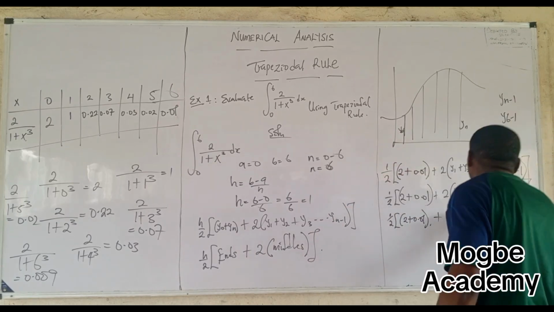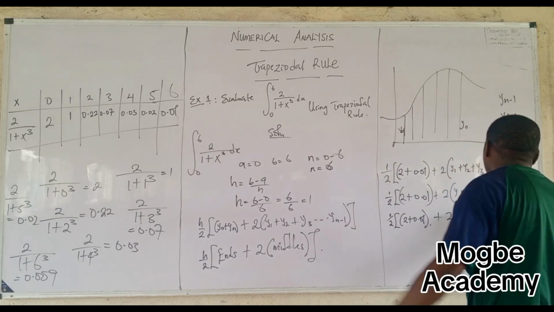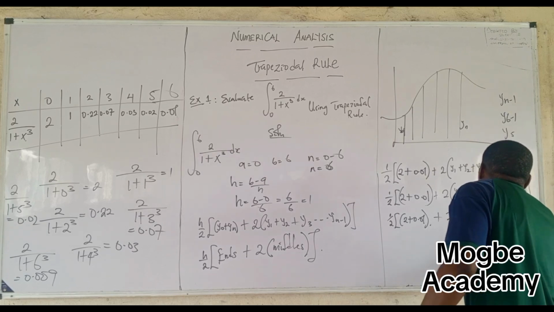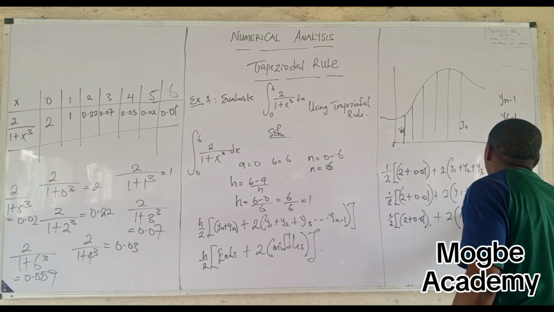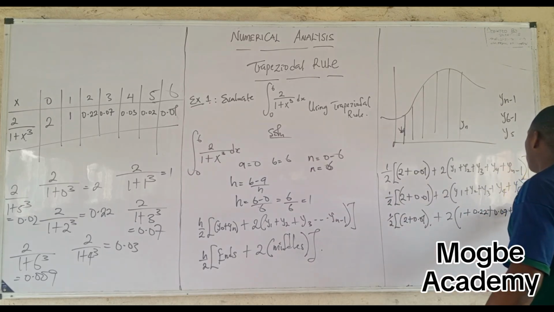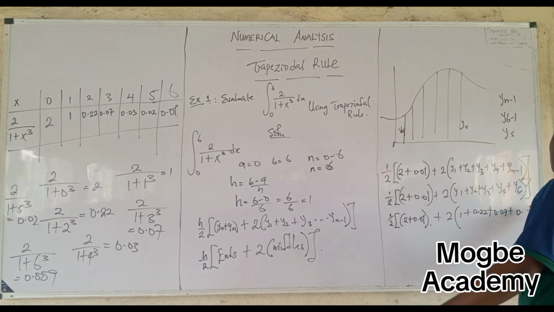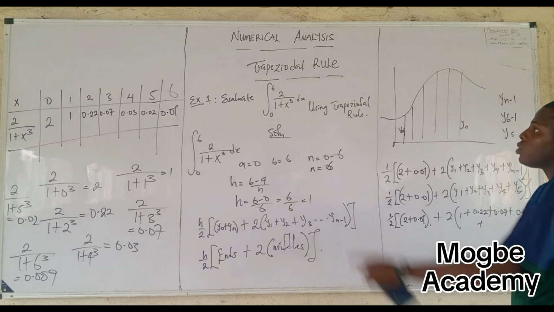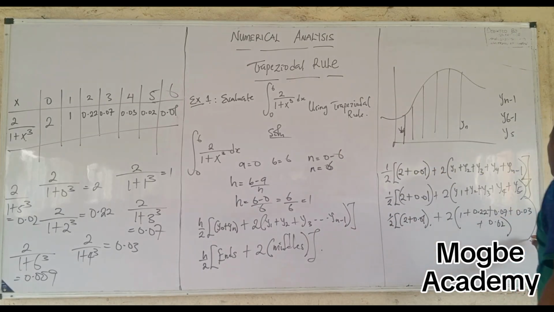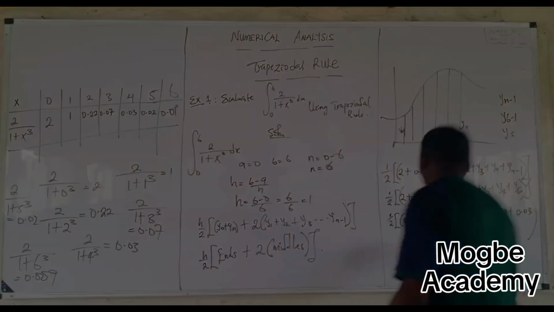Your y1 is simply 1 plus your y2, which is 0.22, plus your y3, 0.07, plus y4, 0.03, plus your y5, which is 0.02. Now if you do that, you simply arrive at